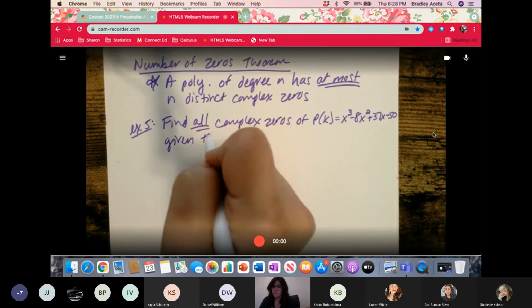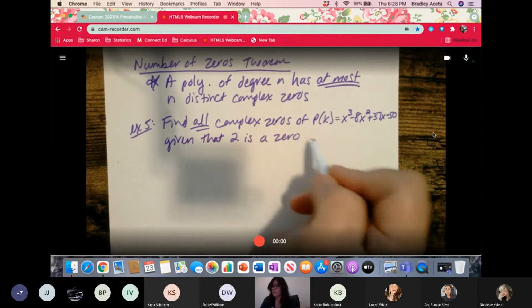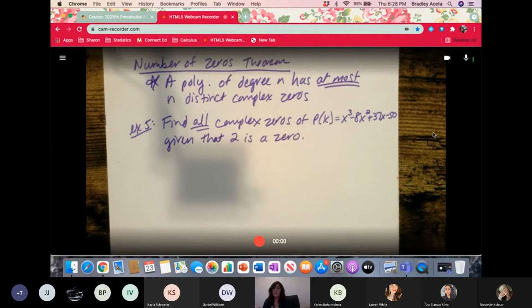Given that 2 is a 0. Now that is really nice of them. They gave us a 0 being 2, so that is helpful. I know 2 will work